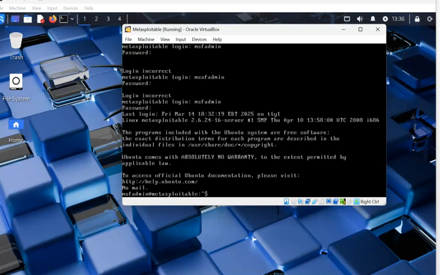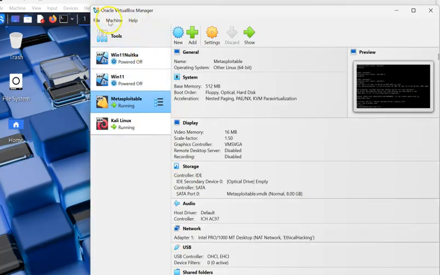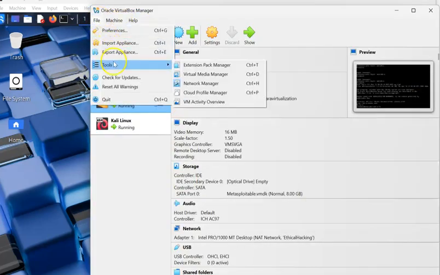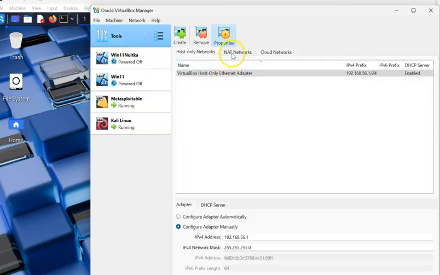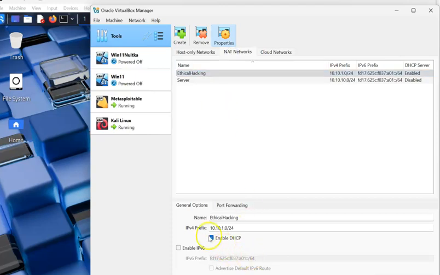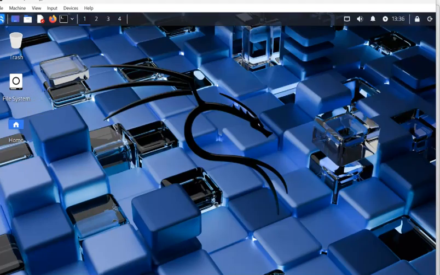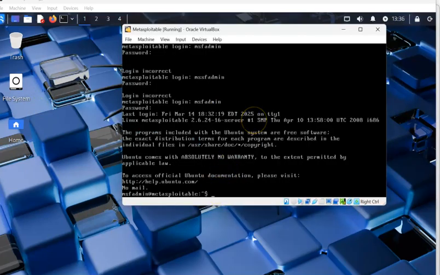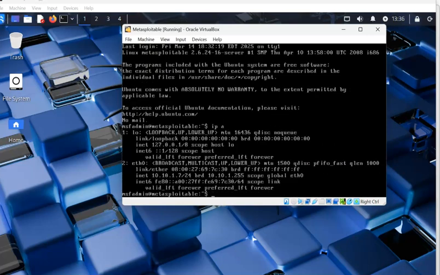Now to make sure, here's my VirtualBox. If I go to File, Tools, Network Manager, I have my NAT network set up for 10.10.1.0. I have enabled DHCP. If you're not sure how to do this, go back to some of the previous tutorials. We want to find the IP address of our Metasploitable machine. So we do ip a, and there's our IP address